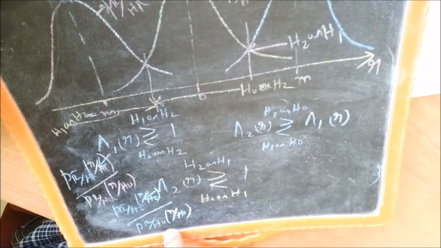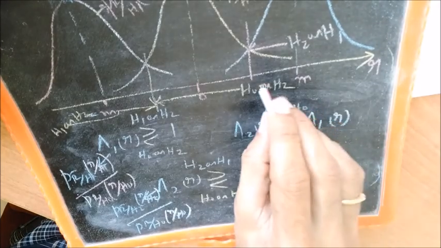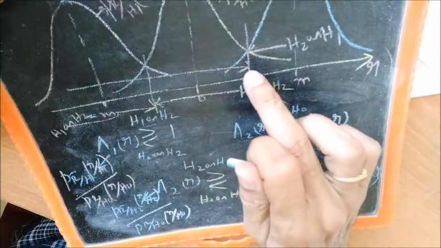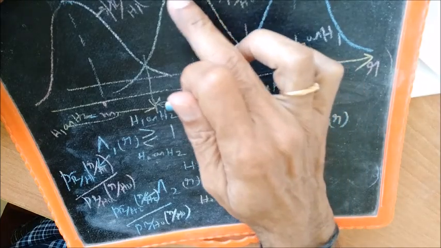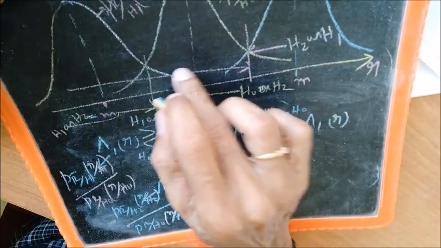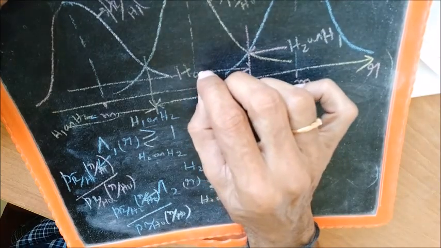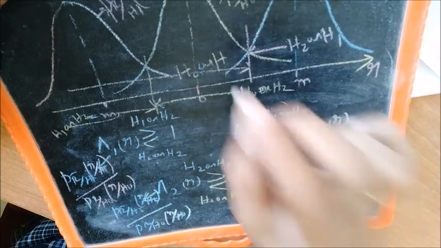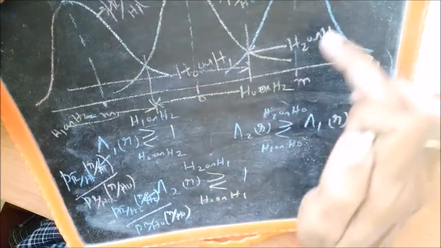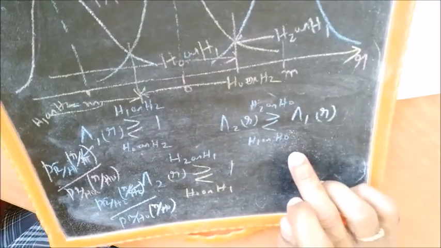And if it is the other way, that is PR H0 is more than PR H2, PR H0 is more than PR H2 in this region. So in this region, on this side, it is either H0 or H1. As you can see, whenever PR H0 is more than PR H2, it is H0 or H1. And finally, we have this comparison,